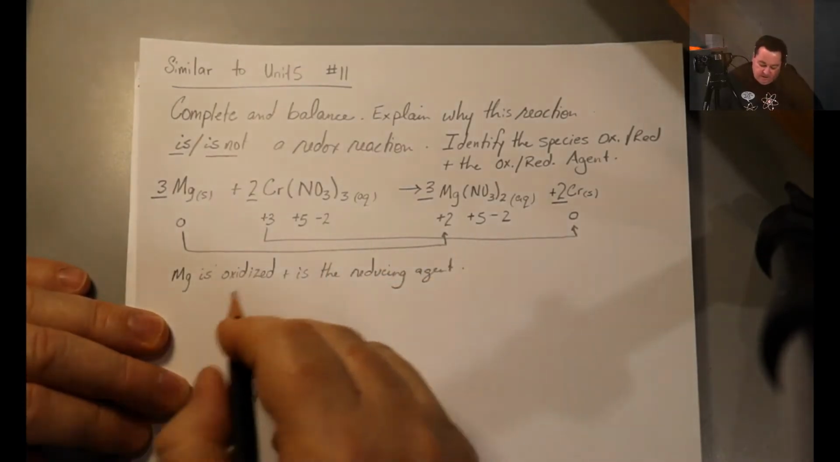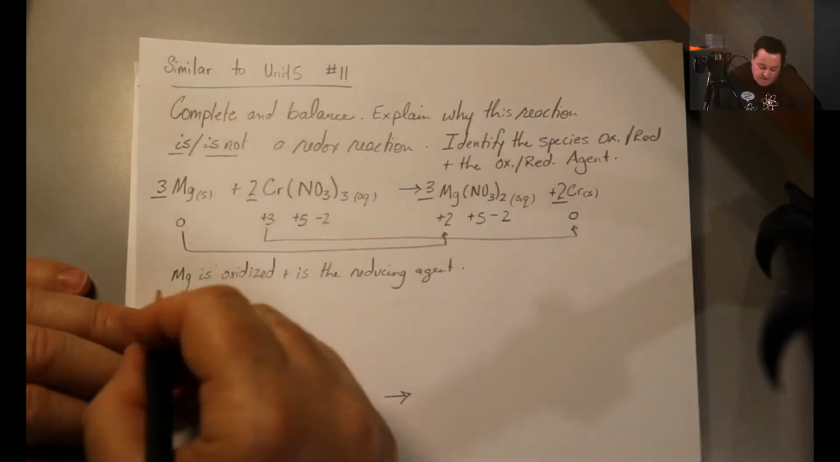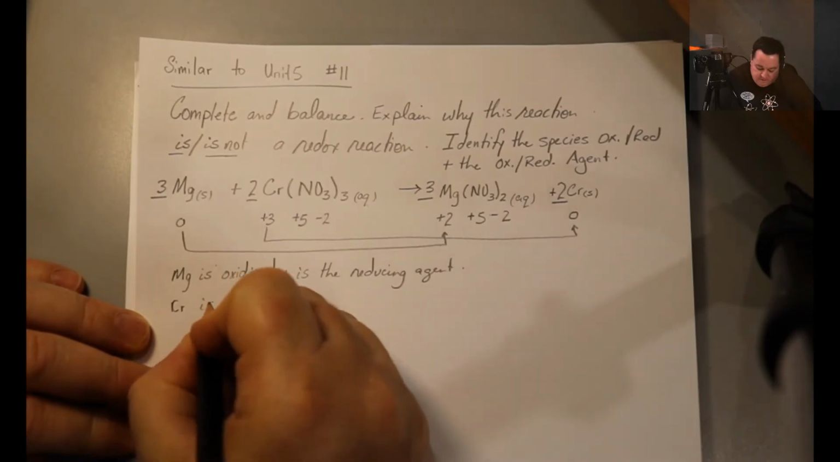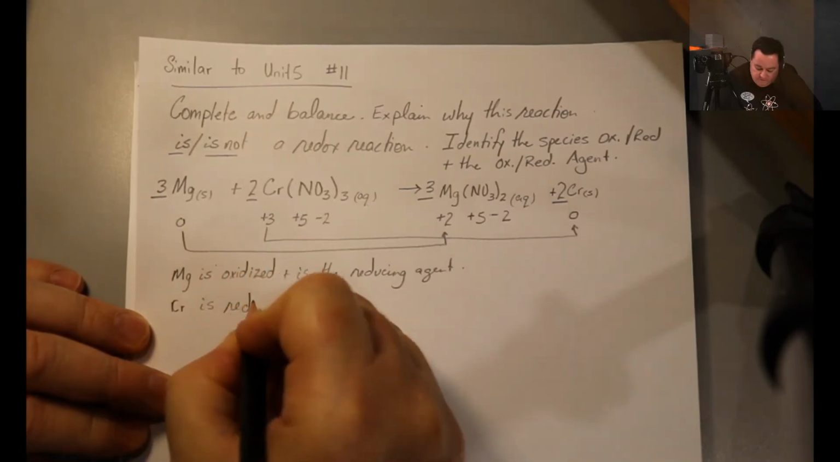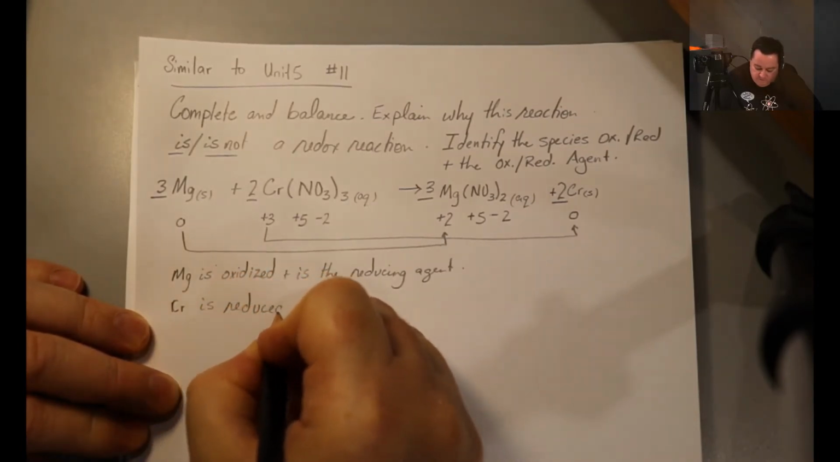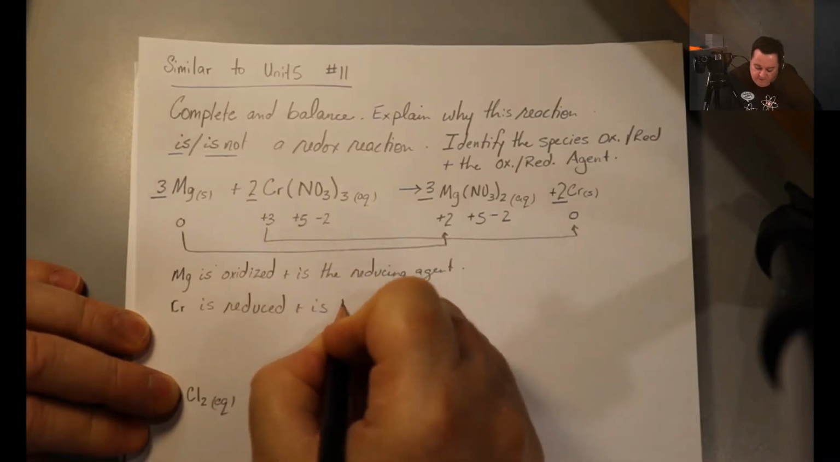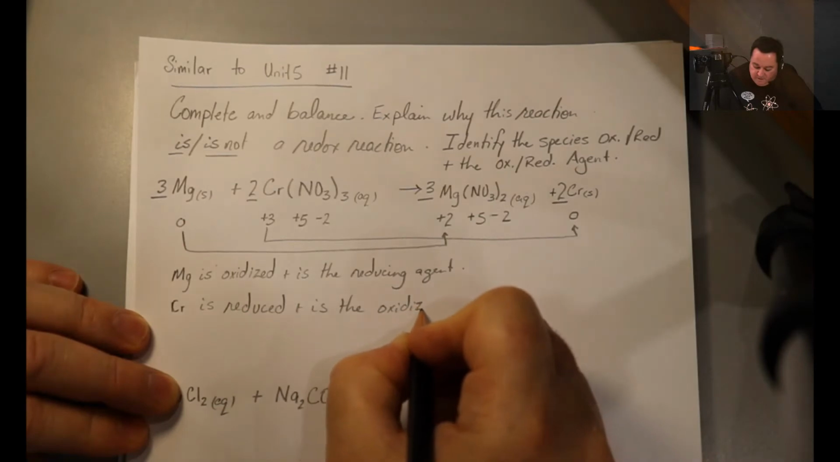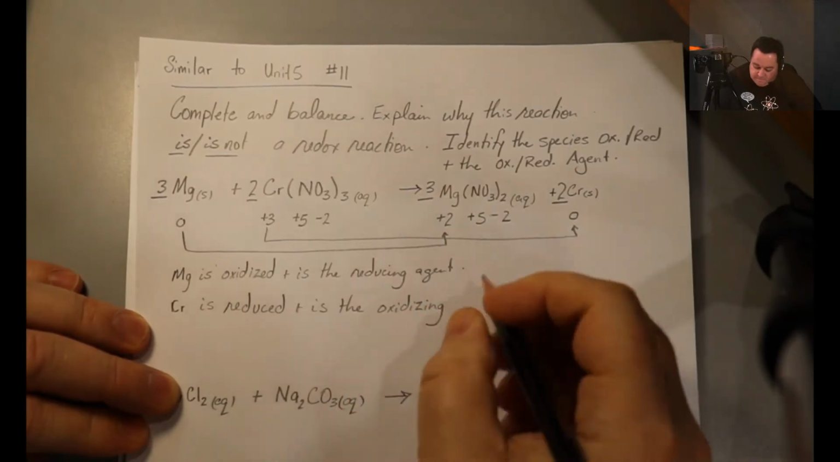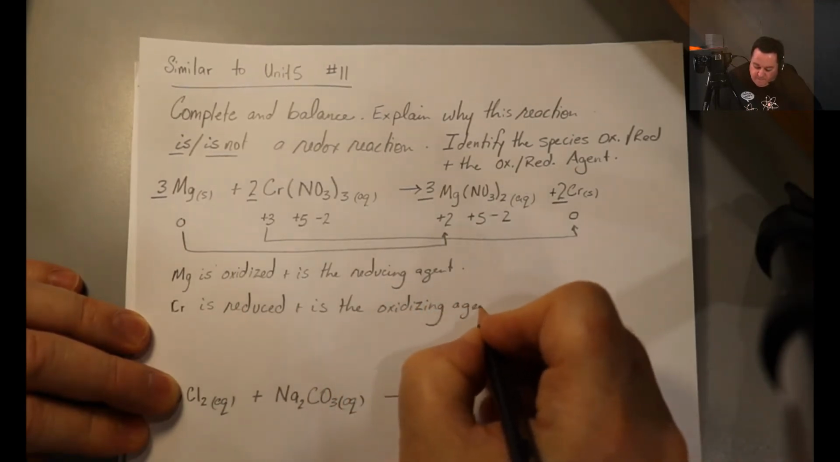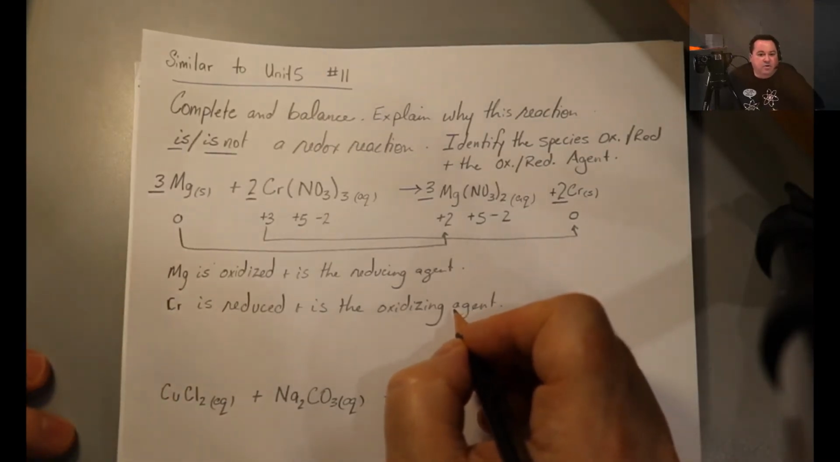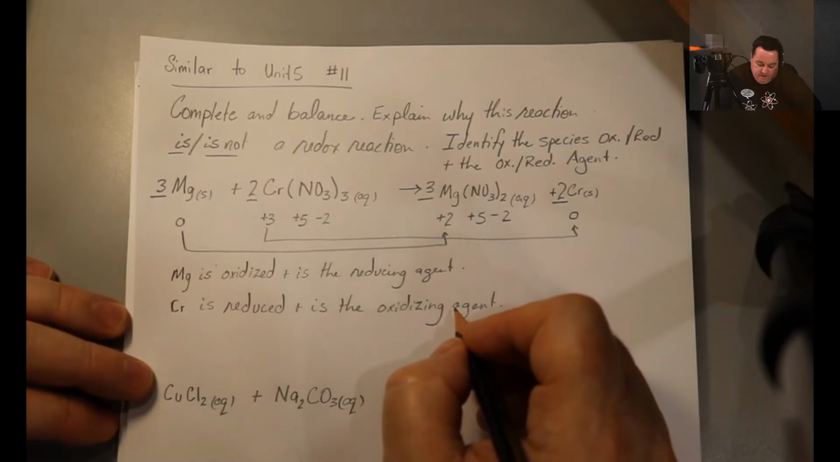The chromium has its oxidation number decrease, so chromium is reduced and is the oxidizing agent. We weren't asked for more information, but we could have easily said that